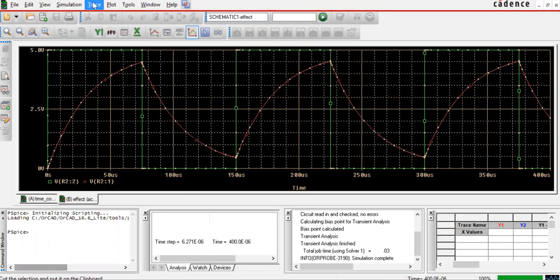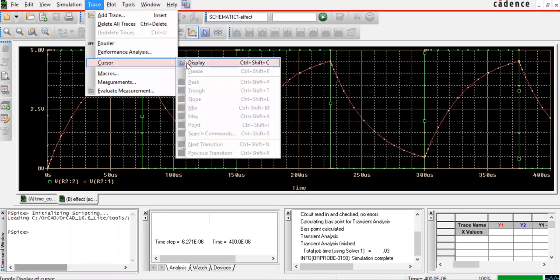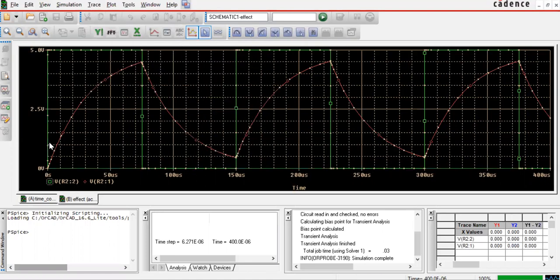So just add the cursor. So from the cursor, let's go to 3.16. So 3.16, the value we got here, fine.